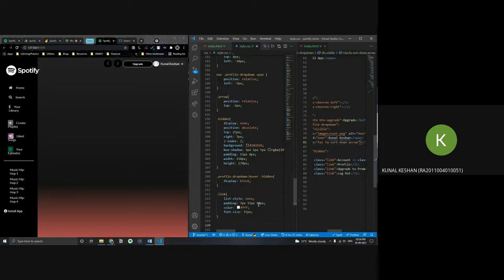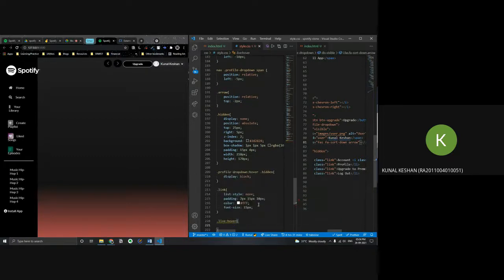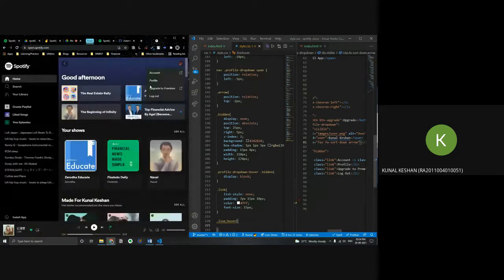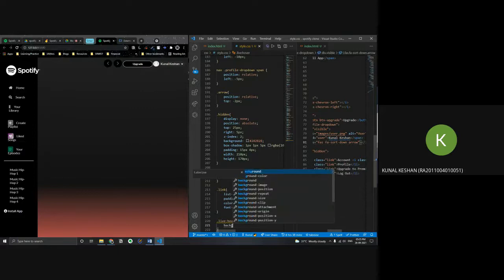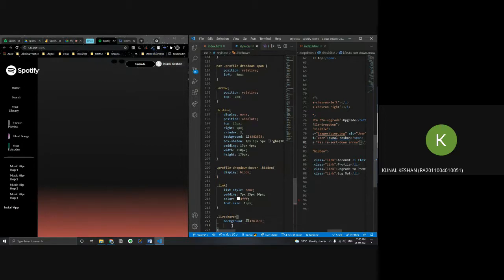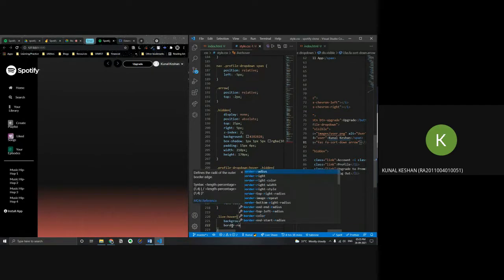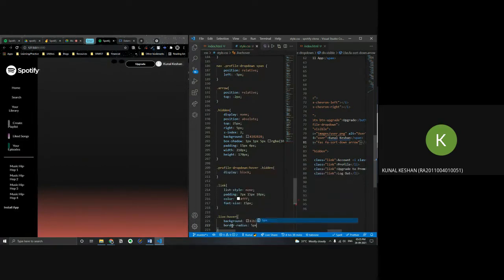And the next one, when the link is hovered, we want that background to change, like the background becomes a little bit highlighted like this. So we'll apply that over here. You can see the styling starting to come together. When it's hovered, we want the background to change, so the color for that is 3B3B3B, and a little bit of border radius, a radius of 5 pixels. Okay. So now see, it's starting to look like the real one now.